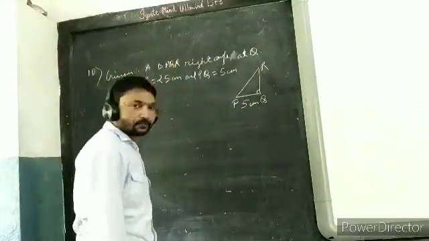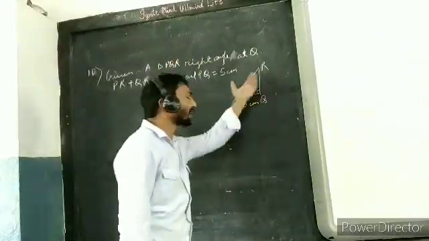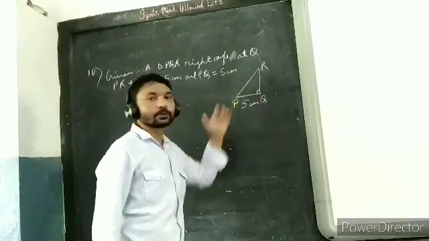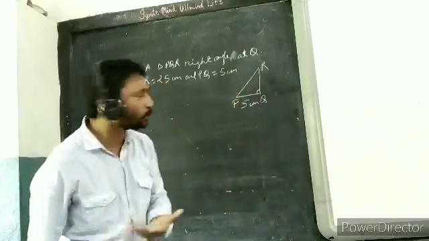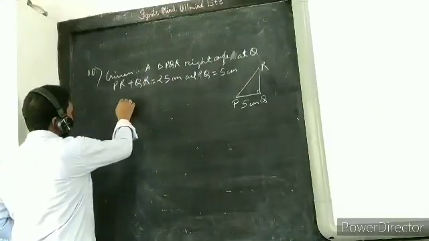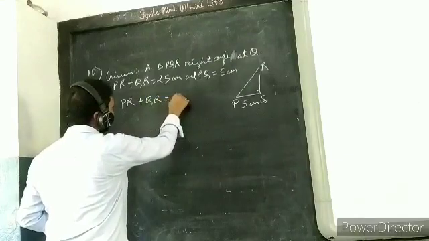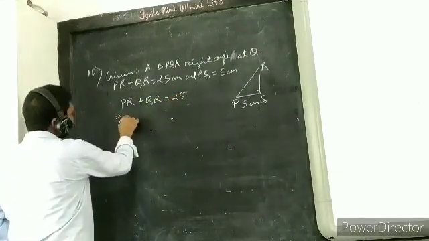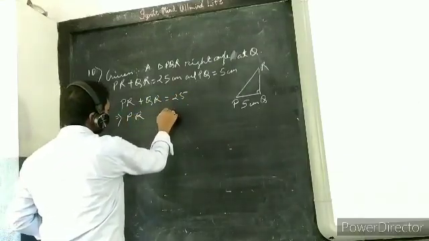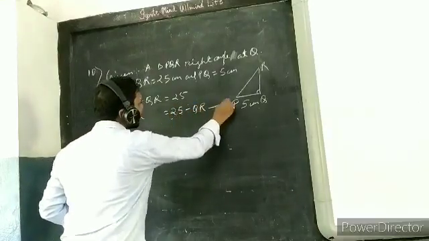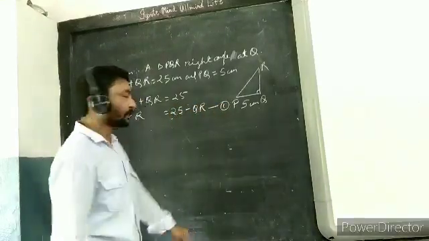Now we all know that to find the trigonometric ratio we need 3 sides of a triangle. Now only we have one. Other 2 sides we don't have. Now how we are going to find other 2 sides? Now just see here. PR plus QR equal to 25, it is given. Okay. Now which implies, can I write PR equal to 25 minus QR? Equation 1. Why I am giving equation 1? You will come to know later on.